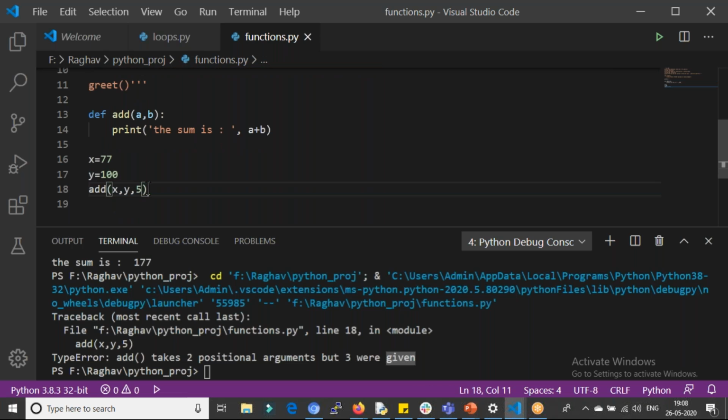It will get confused about where to assign 5, since I only have a and b, and it will give me a type error. So only as many arguments as the parameters you defined should be used when calling the function.